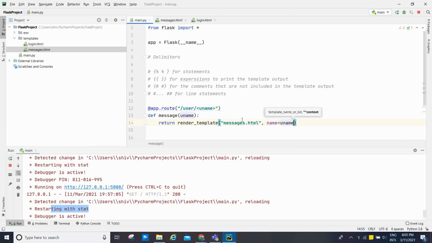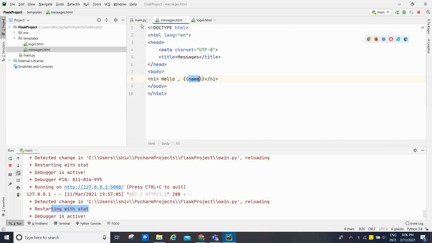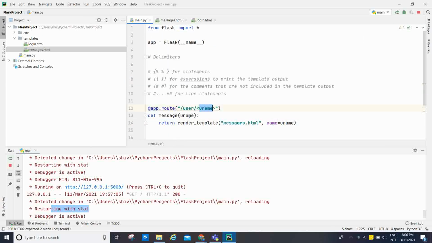Now you got it. Where do you get the name? This name is the same as this name. When you pass uname, it is passed here to the function, and then name is set to the uname. Now I am going to save it.